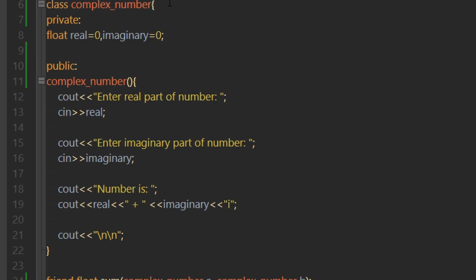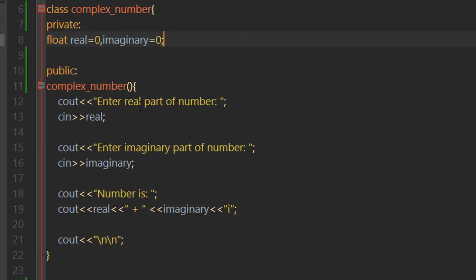So we've expanded the class complex number and we will declare the variables in float format because we will expect people to input decimal numbers too. So we cannot just leave it as integers, and we will declare them inside the private members of the complex class. And friend function is mainly used to access the private members of a different class. So let's start defining the complex number class.